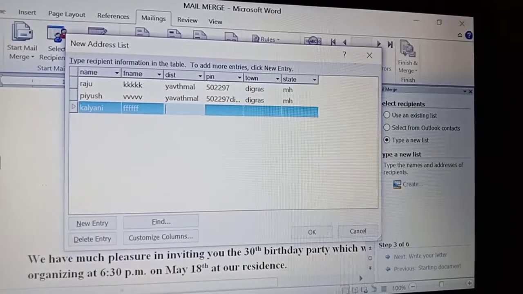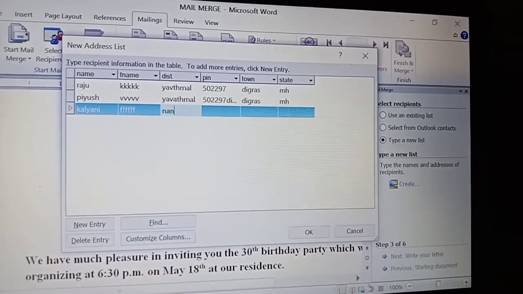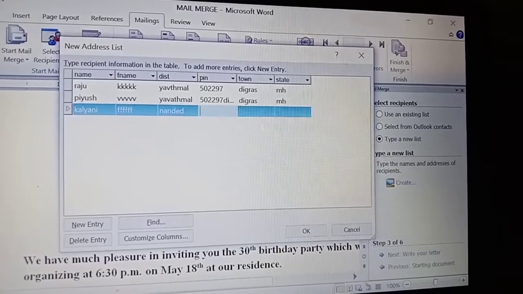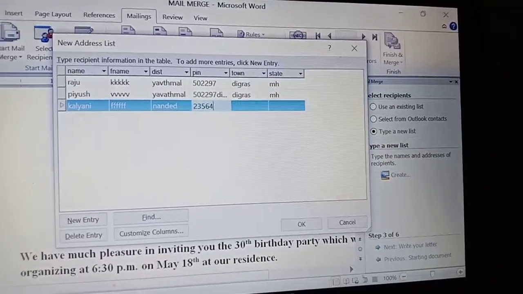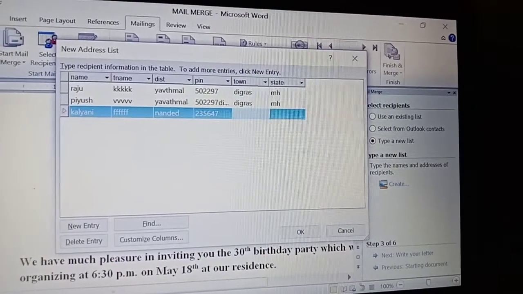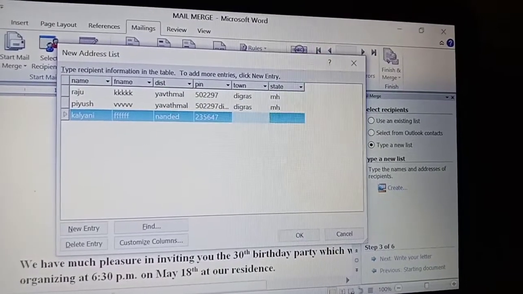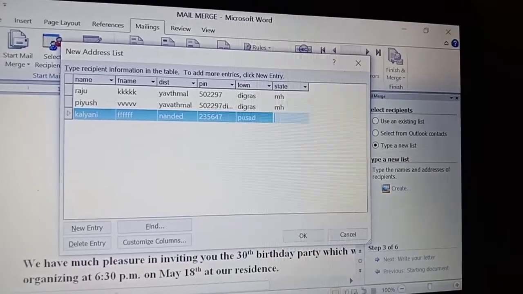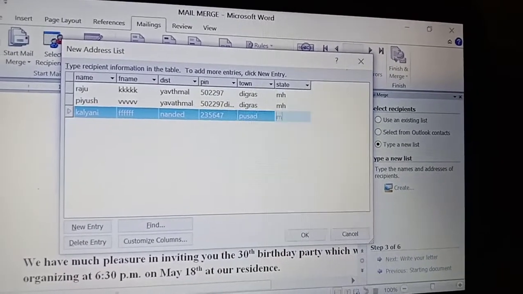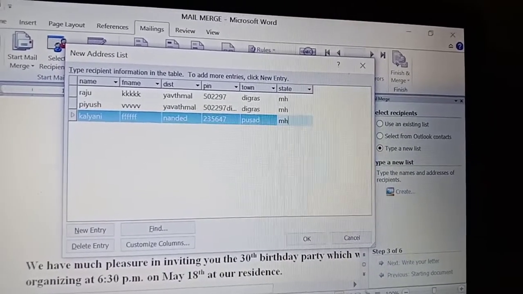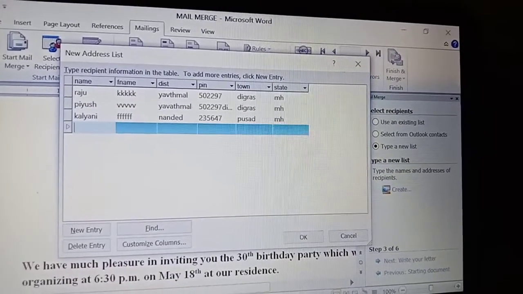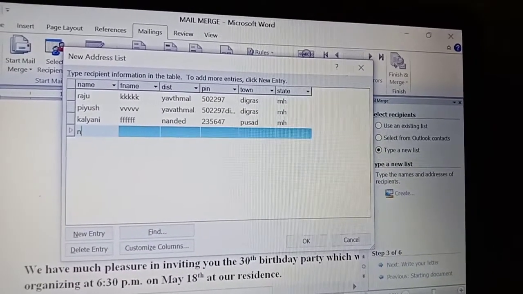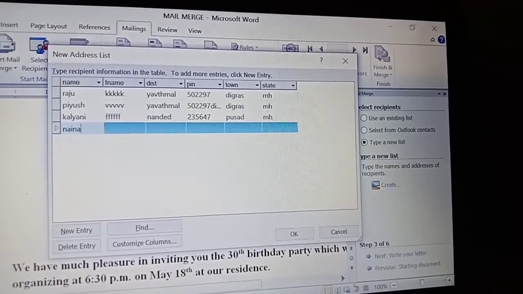For example, I am taking this one, Nanded. It's the pin code, Pusad. However many members you are inviting to your birthday party, that many members' details you have to provide here.